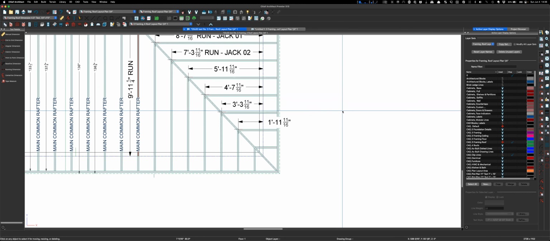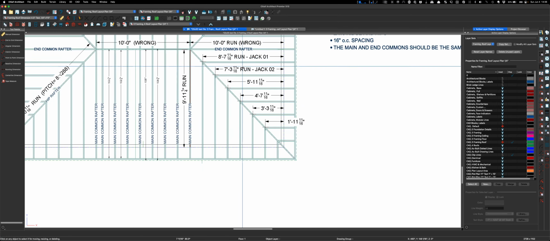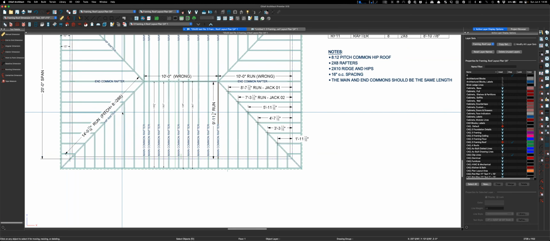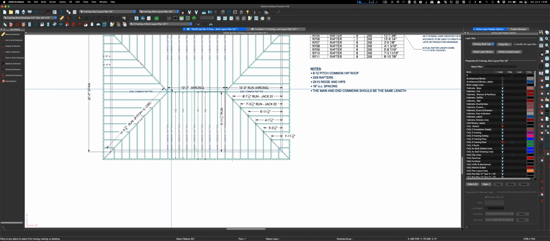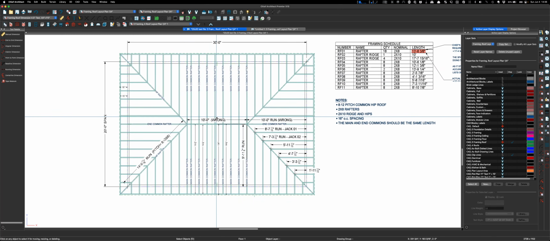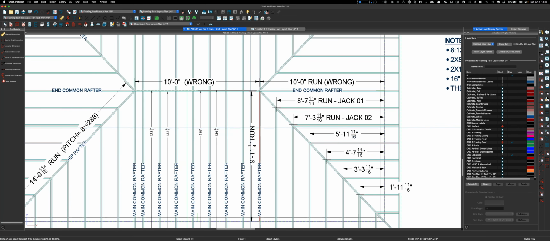So these are all the runs. Run of Jack 1, Jack. So then what I got to do is take this number and then put it into a calculator and calculate the actual rafter length. So everything you see on here that has a dimension with arrowheads on the extensions here, on the dimension lines, these are all horizontal dimensions. None of this is sloped. So like this here, this is the run you'd calculate,